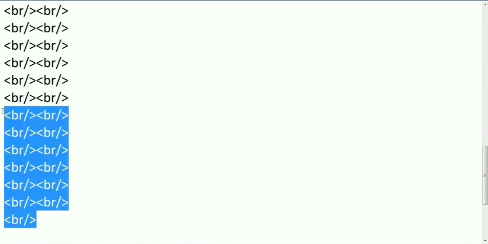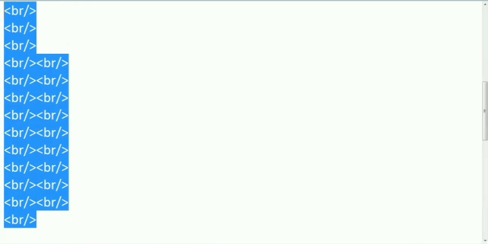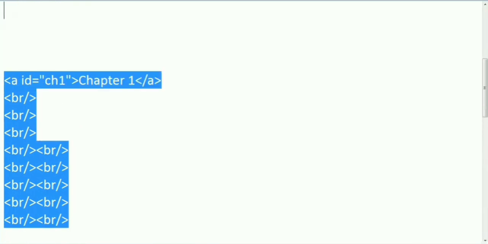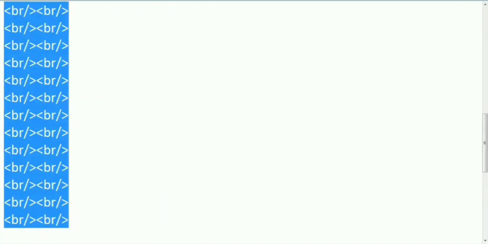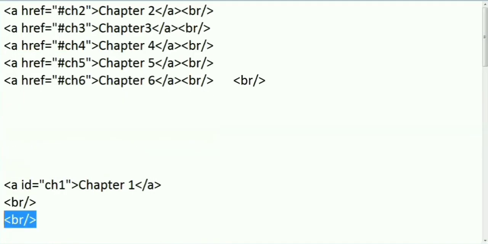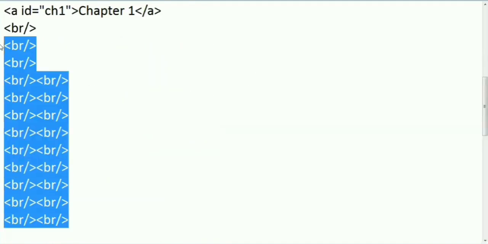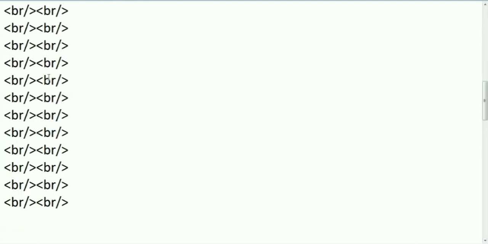In one chapter I have used multiple breaks, so I'm going to paste these breaks after one chapter.